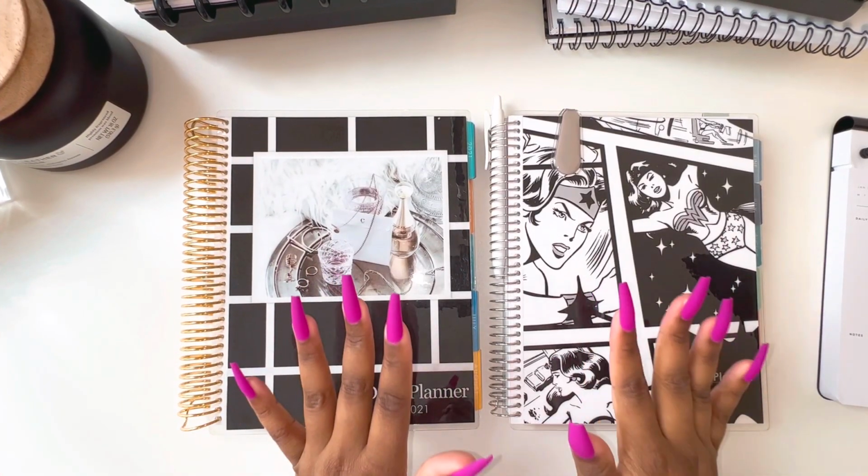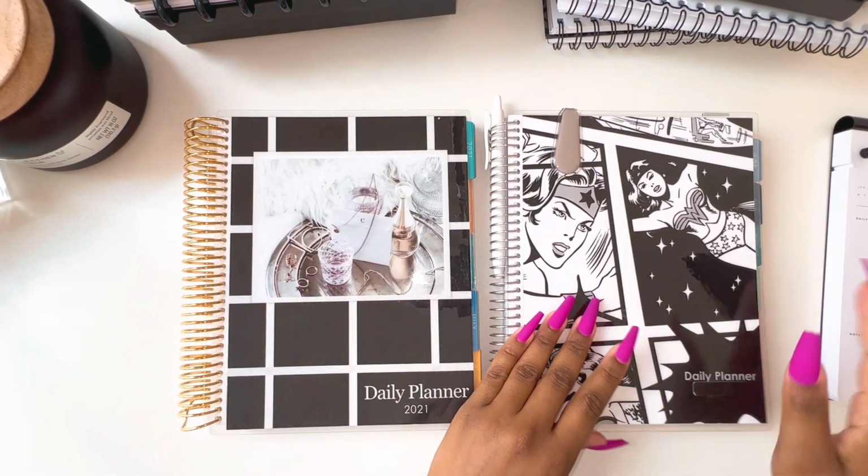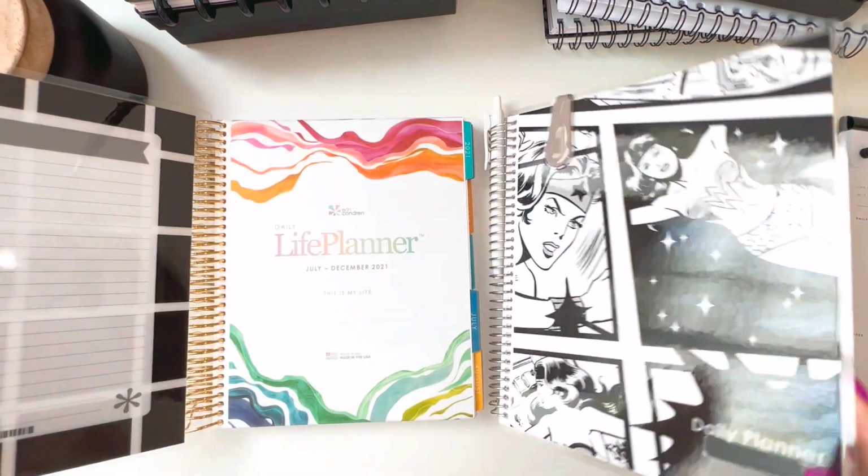We'll do a side-by-side comparison of each page so that you guys can get a really good idea of the